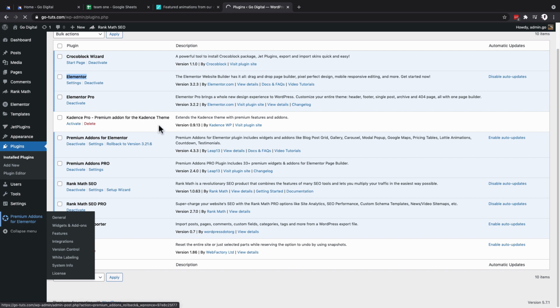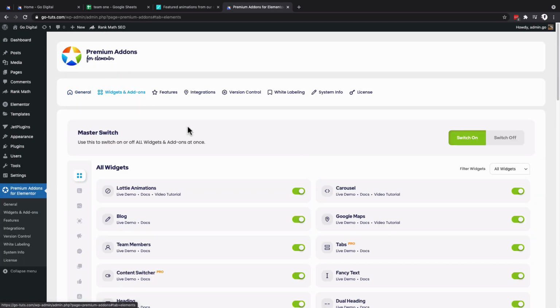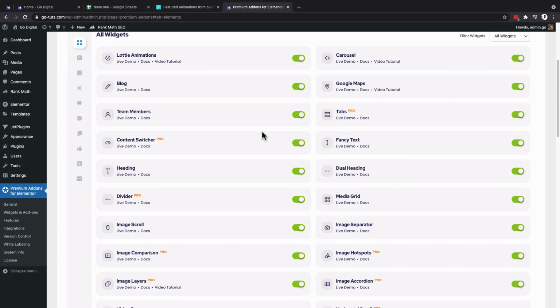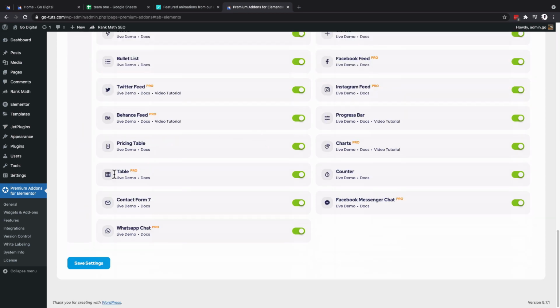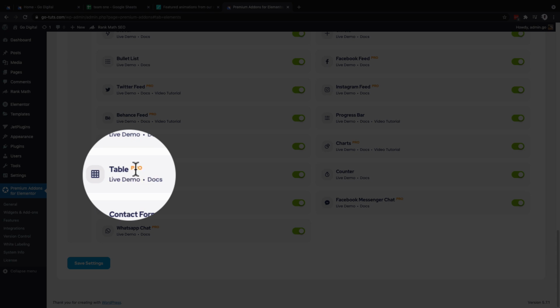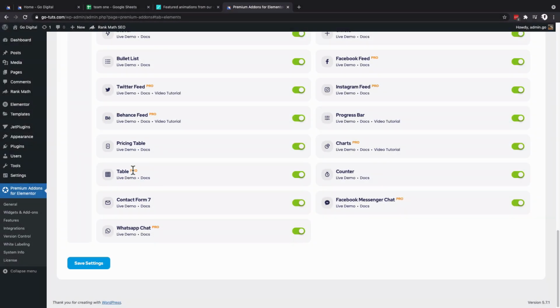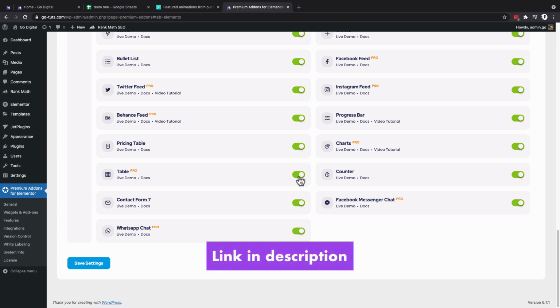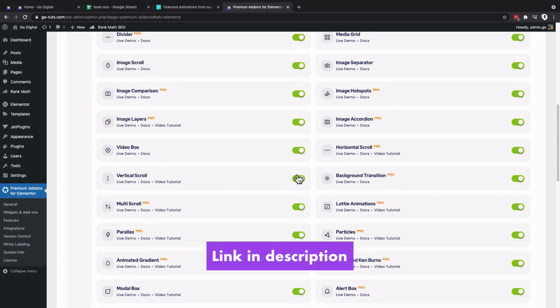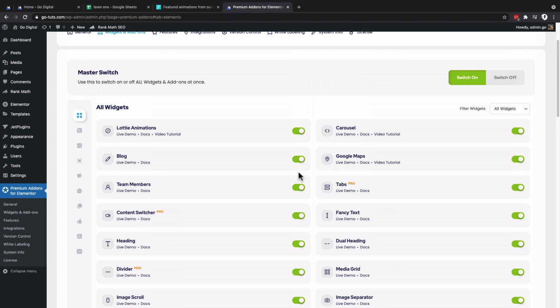Simply click over there. We are going to come over here to widgets, and under widgets we are going to look up the table widget. It's down below here, and you realize it is coming only in the Pro version, so obviously you should have the Pro version of Premium Addons for Elementor. Simply activate it. In most cases, if you're going to use Premium Addons for Elementor only for the table widget,